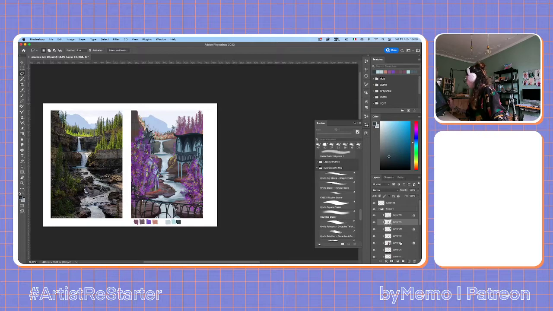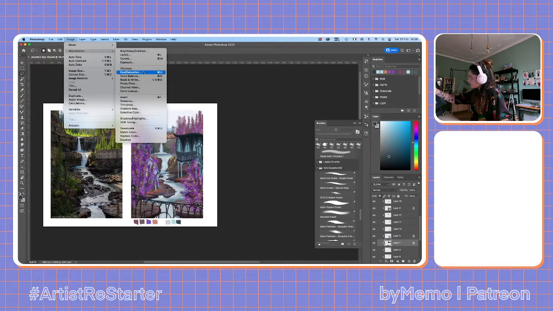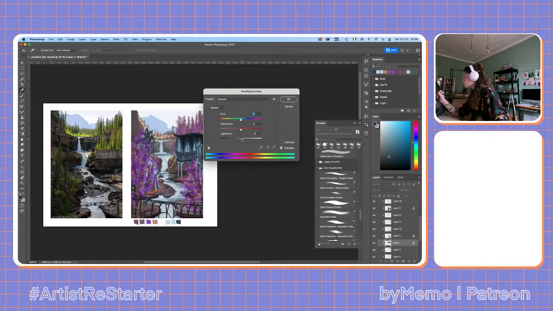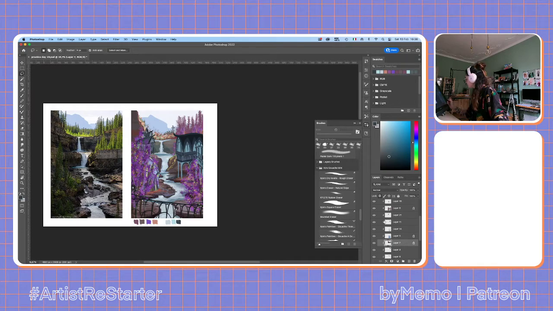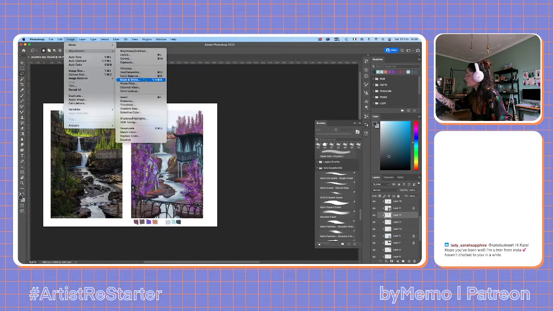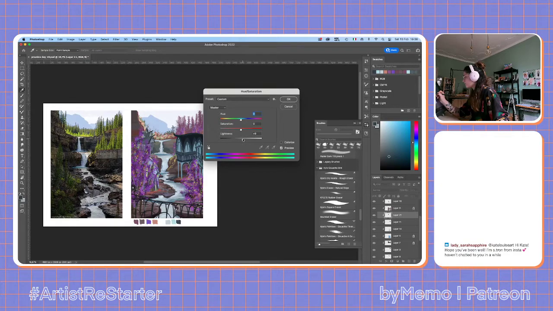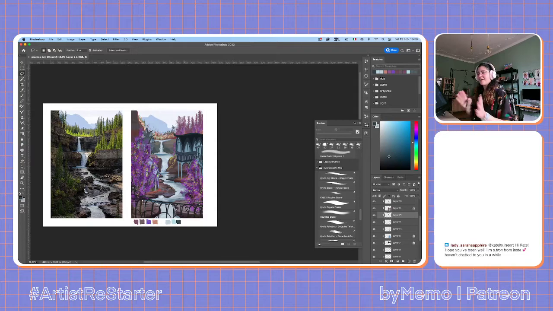So maybe something needs to be a bit lighter in the back, like for example, this rock, so that it looks a little bit further away. And maybe also this house. Okay, I think now